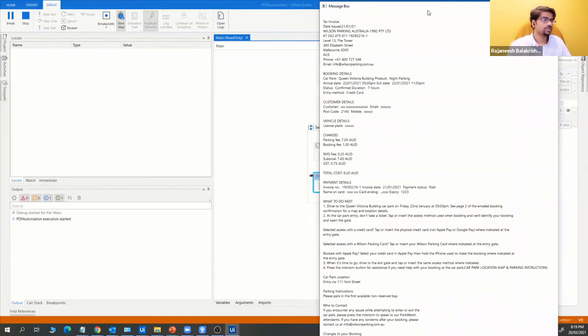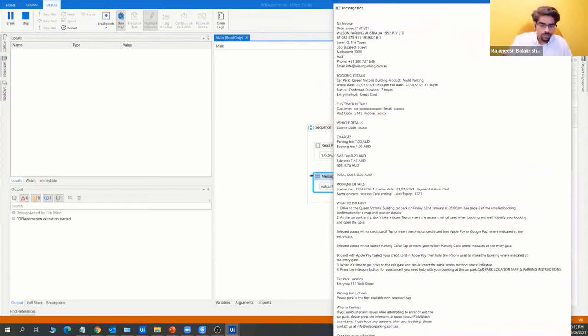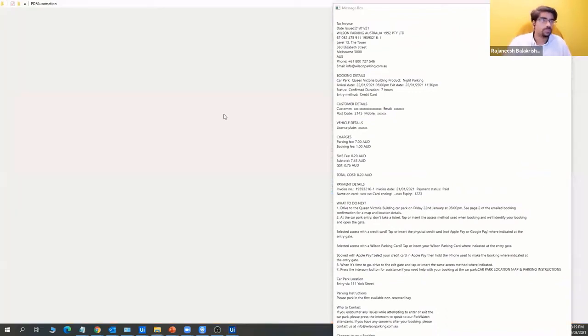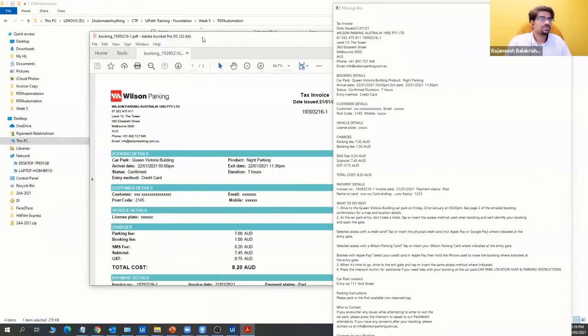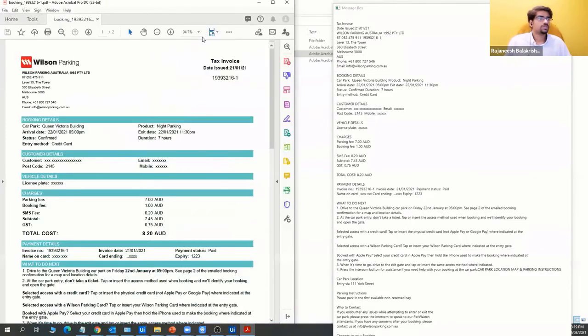Okay, and I'll bring another PDF as well just for comparison. This is the Wilson Parking PDF. When I do the side-by-side comparison, you can see the first line, the tax invoice, is there on the left-hand side here.